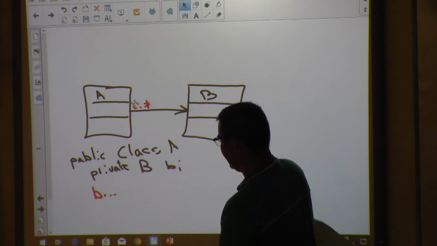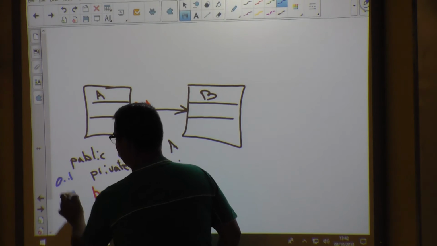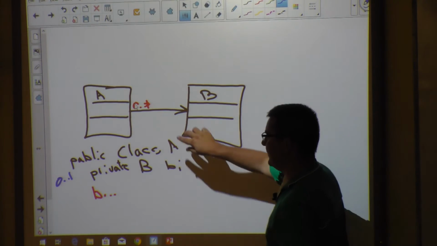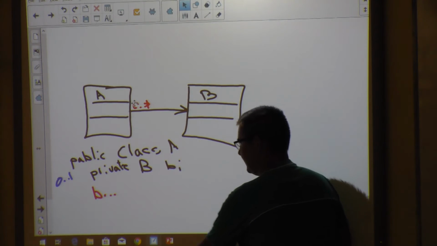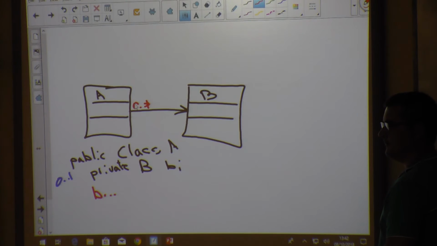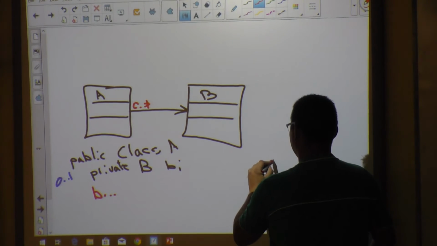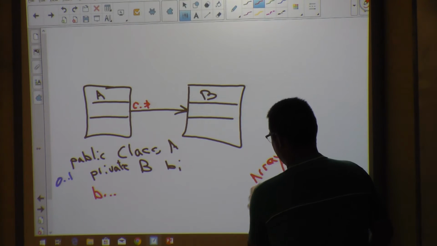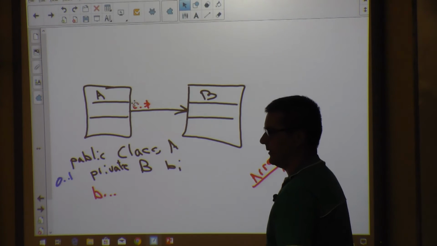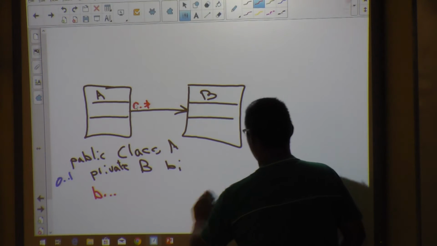This would have been correct if the multiplicity was just 0 to 1. How do we create now that 0 to many? By using things like arrays. Okay. So that when you model this, and then it will most probably be